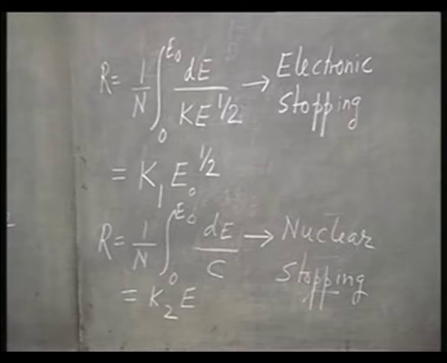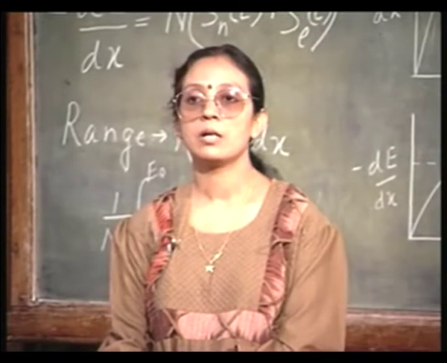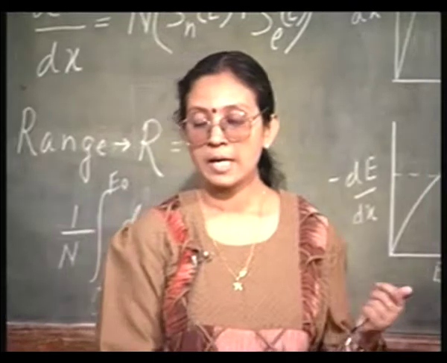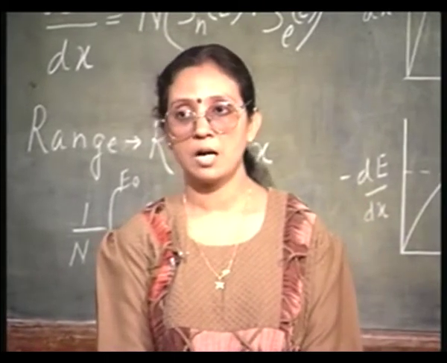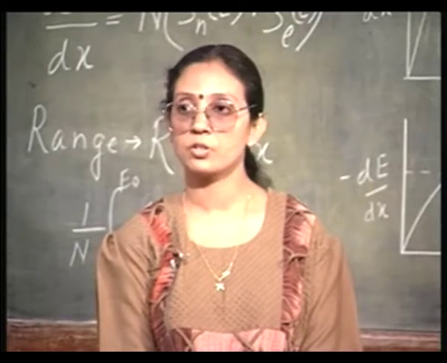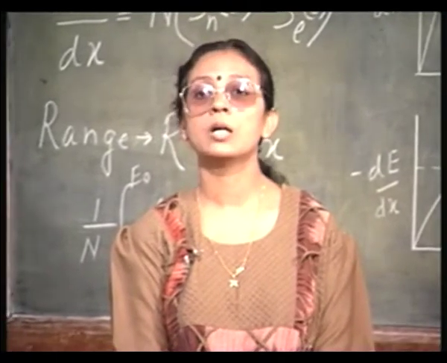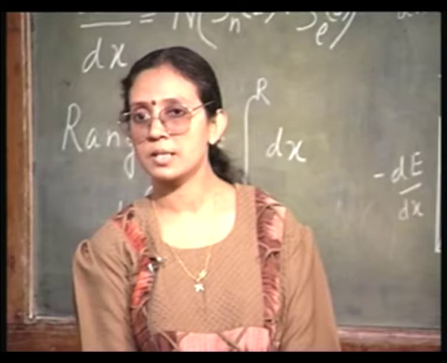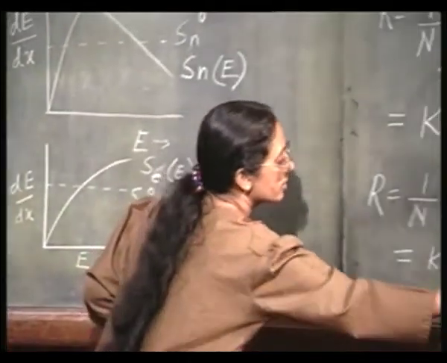Okay. Now that we have found R, in order to obtain the peak concentration and all that, the factor that we are most interested in is the mean projected range, and the mean projected range is related to R and the particular target ion combination. See, R is simply a function of energy. Okay. Rp however is related both to the range as well as to the particular target ion combination, and various theories are there. I will just give you one accepted version which simply says